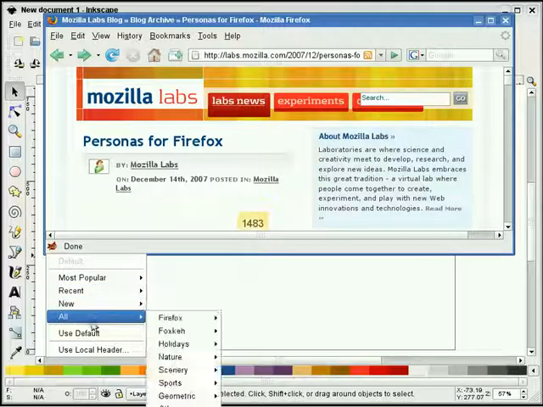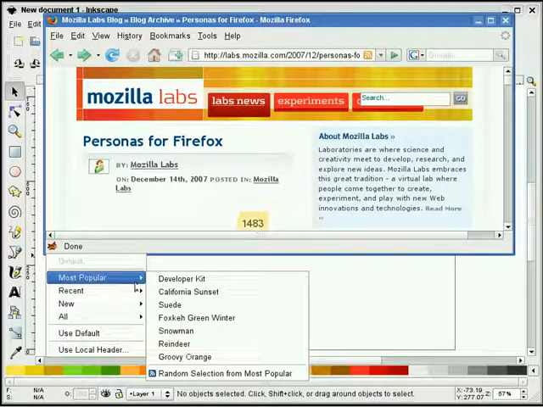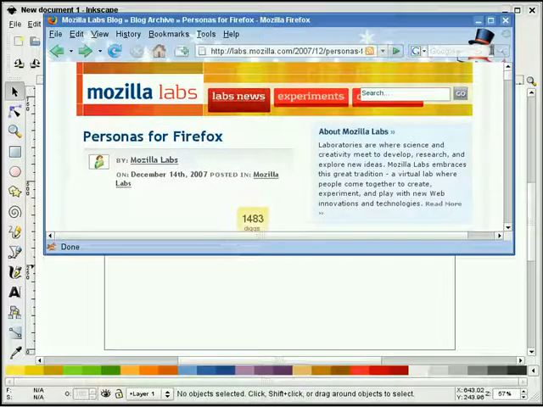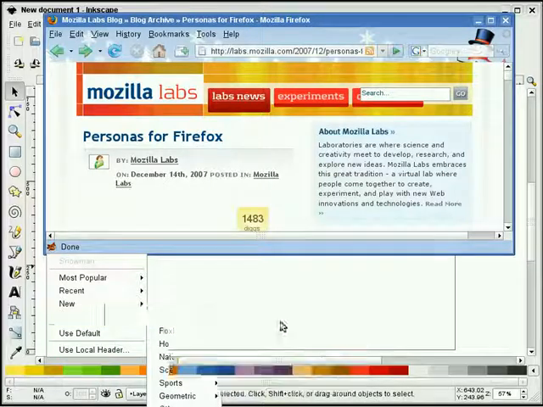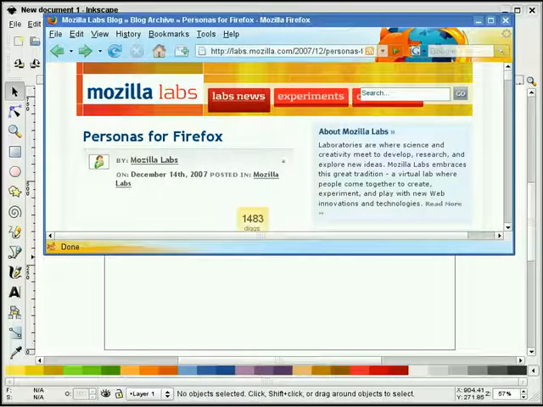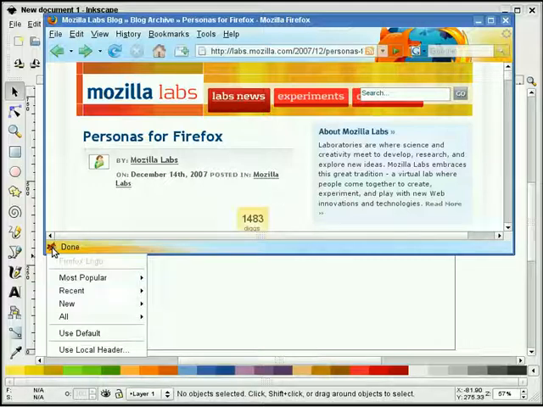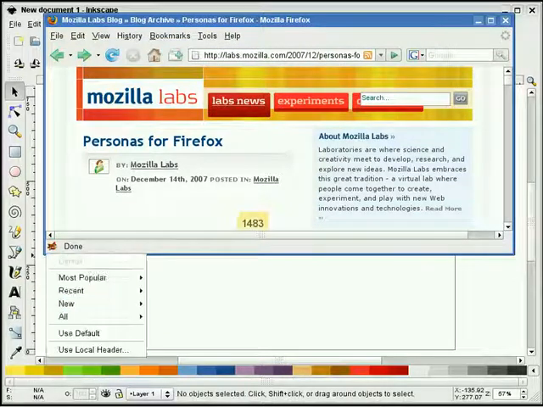So you can see that there are many themes that you can choose. Snowman, for example. There are some Firefox themes. There's Firefox logo. If none of those are pleasing to you, you can make your own. And to do that, you'll select the icon and you'll choose Use a Local Header. But by default, Choose Local Header is not